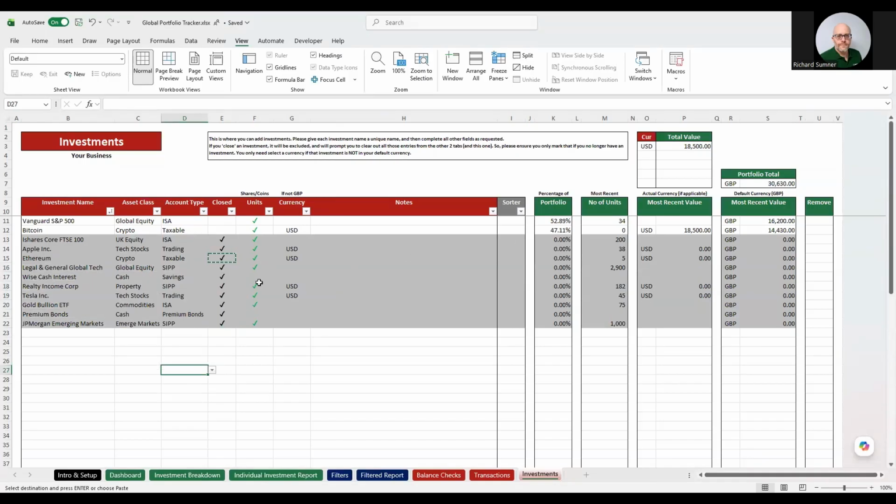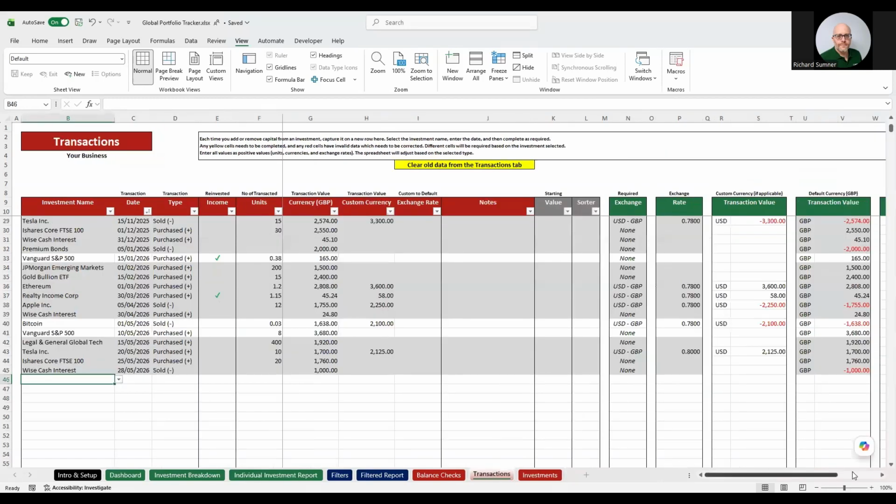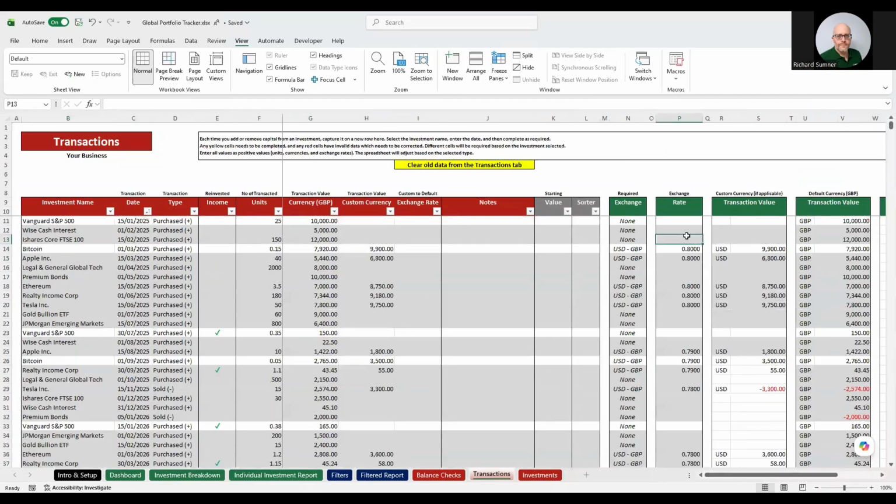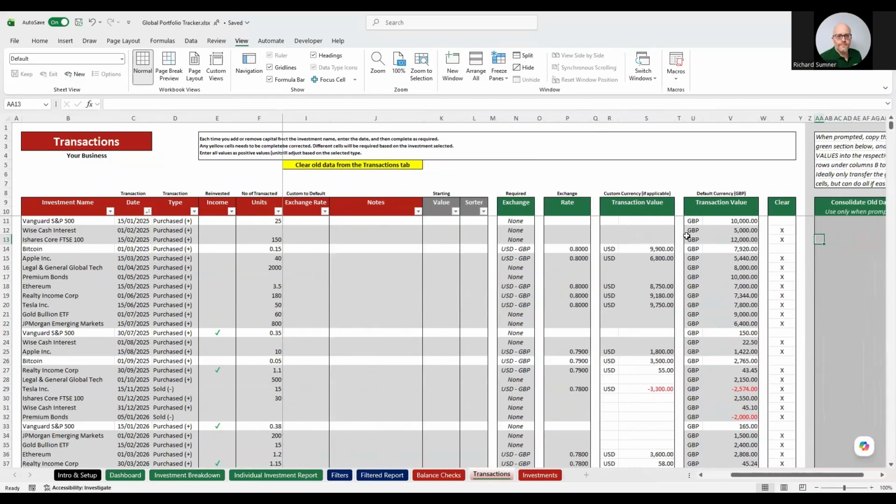So now what it does on the rest of the spreadsheet is, if I now go to the transactions, for example, it shows me which ones I need to clear out because they're all grayed out. So what I do then to get to this result quickly is I actually come and select these crosses here. Now, before we do that,